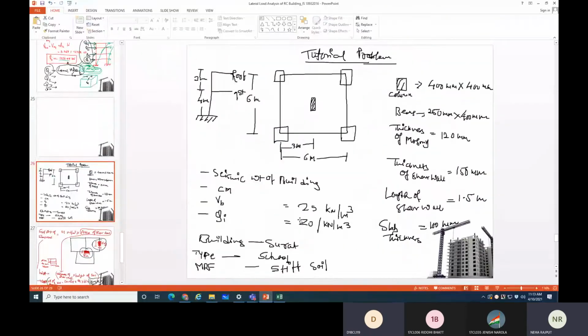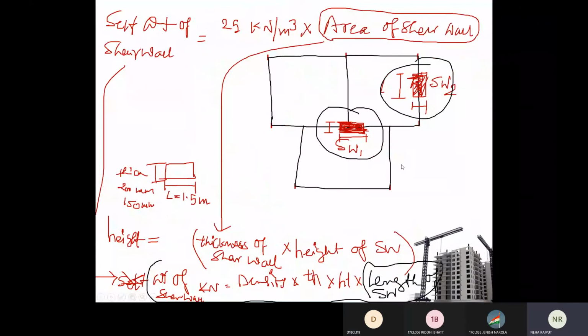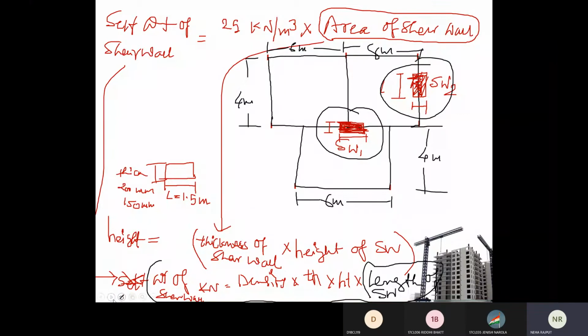Okay. So here also, if you want to see xi yi, suppose I am giving the dimensions: this is 6 meter, then this one is again 6 meter, suppose this is 8 meter, suppose this is 4 meter. Then how do we find the xi yi distance of the shear wall? Now as I discussed earlier, to get the value of xi yi, the very first step is to draw the axis. So this is your x axis, this is your y axis, and this is your origin point, right?